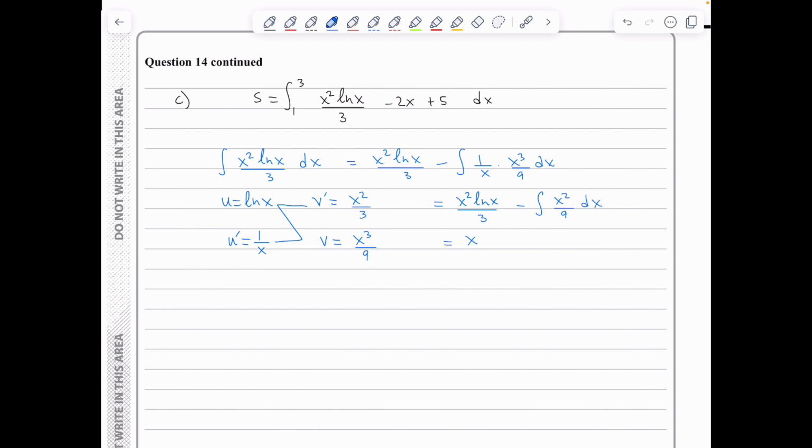So this is x squared ln x over 3 minus x cubed over 27. I don't put the plus c because I've got limits in the original integral here,